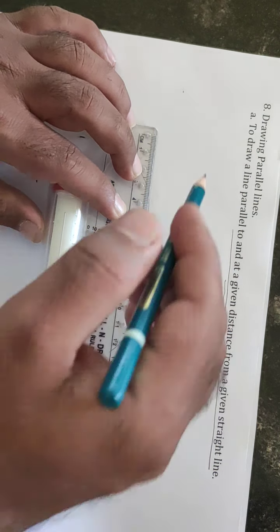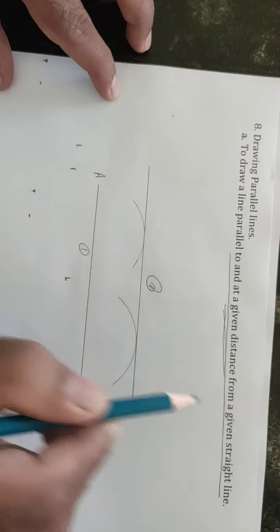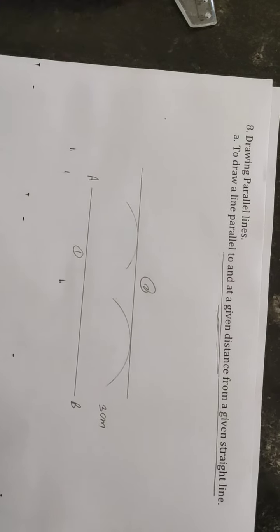Like this. Now see, these 2 lines are the parallel lines, line 1 and line 2. These 2 lines are the parallel lines and the distance between these 2 lines is 3 centimeter. That is at a given distance. Okay, understood? Now the next construction is